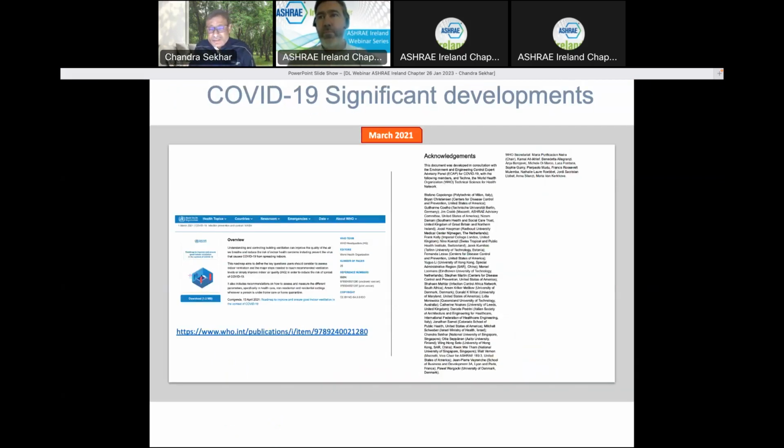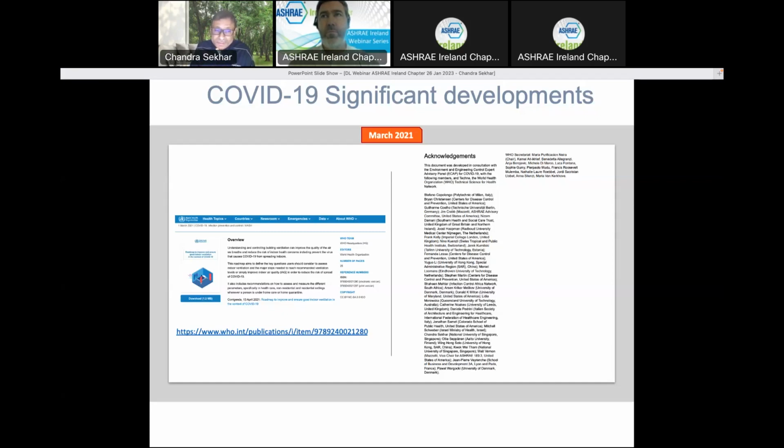It wasn't until about March 2021 that several agencies like the WHO and the CDC really put something on their website to say that yes, airborne transmission is something that we need to be aware of and take into consideration. So WHO, in the later part of 2020, actually convened what they called an Environment and Engineering Control Expert Advisory Panel. I had the privilege of being part of this group.